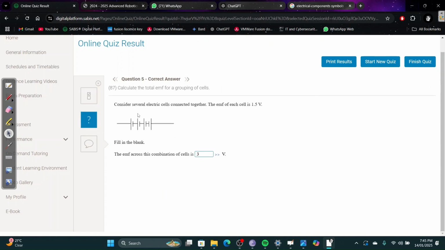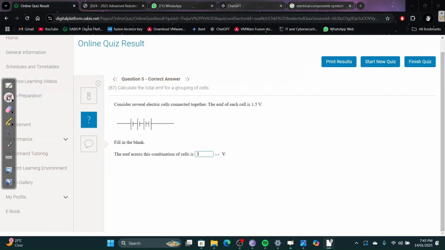Okay, question 5. This one. Now listen, when you have two cells connected properly, like this, see, notice positive, negative, positive, negative. The voltages here are additive, so this will equal the total voltage or the total EMF or potential difference, whatever. At our level, they're both the same. Okay. So now if you add a cell that's not connected in the same way,